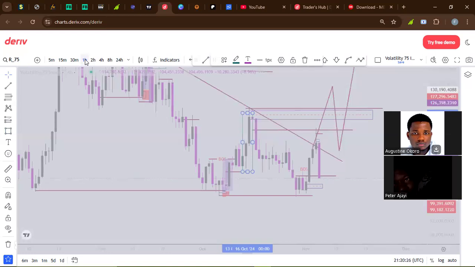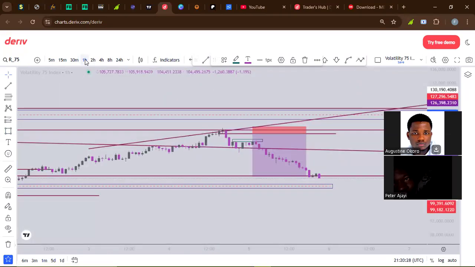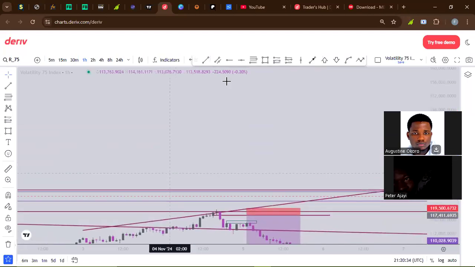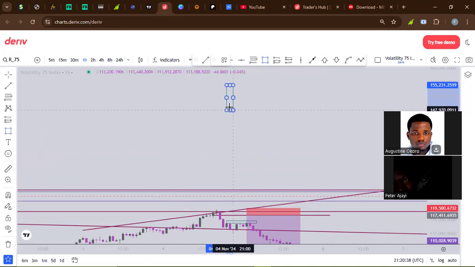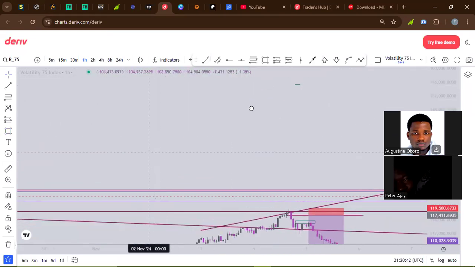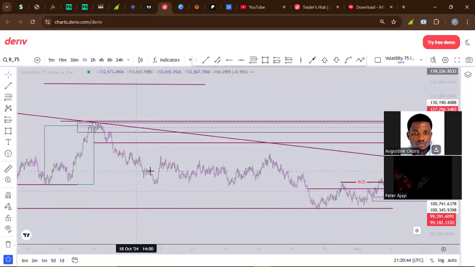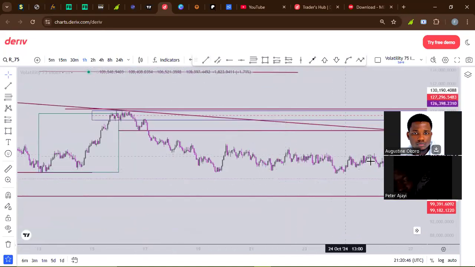The same thing that is happening in the higher time frame is also happening in the 4-hour time frame, the 2-hour time frame, and the 1 hour. If you want to take a scalping trade in 1 hour, the market just opens like this, it will dump before pushing all the way up. So those are the things you should be looking out for in the market. It's very simple.